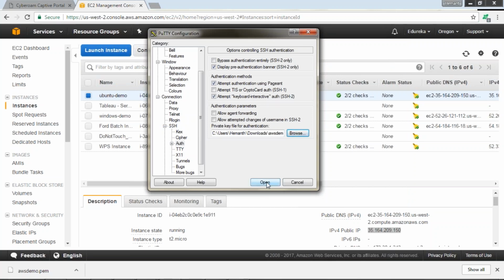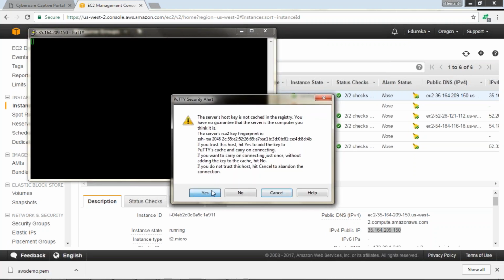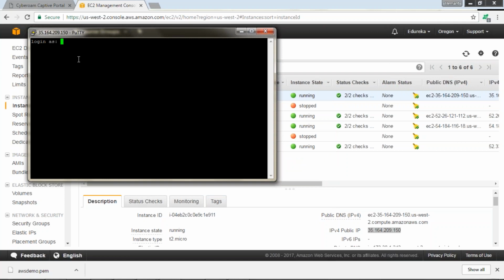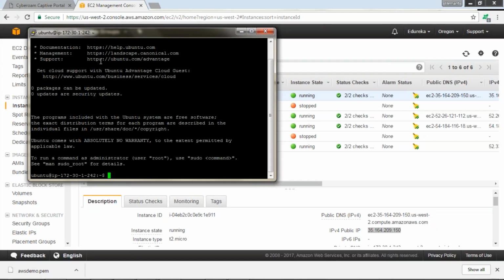Let's do that. Ignore this warning, just click on Yes. It's asking me login as, so enter ubuntu. Like I told you guys, this is the default user for any Ubuntu instance that you launch in AWS. Hit enter. And that's it guys, you are successfully connected to your Ubuntu instance. This is your terminal.